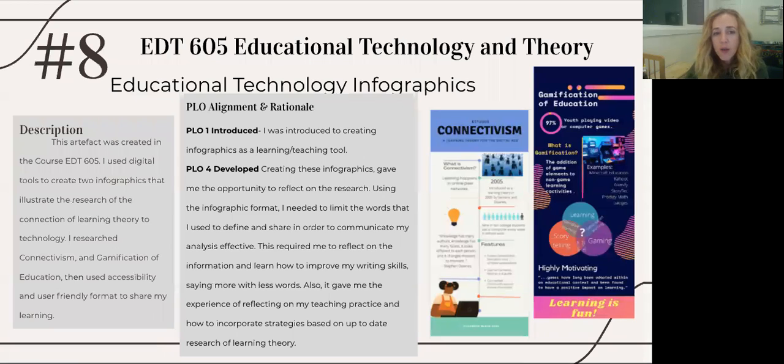In my 8th course, educational technology and theory, the artifact I chose were 2 infographics that I created about new educational technology theory and learning theory and how it's connected. So these are new theories that have come out since with the digital age, and creating an infographic was also new to me. That's why I feel that it aligned with PLO1. It was a new digital tool, and then also